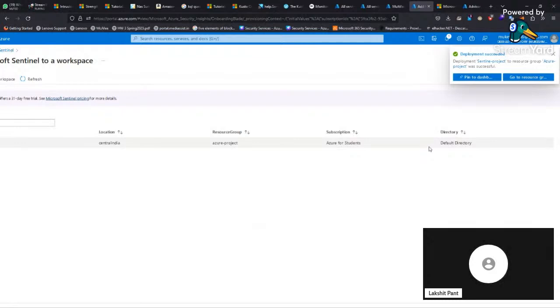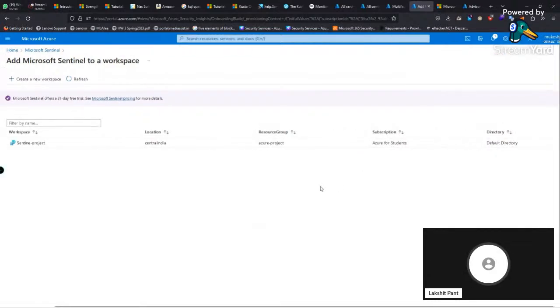There is one question: can we perform this in a sandbox? Yeah, you can, but not all the features are available in the sandbox. It gives a specific analysis part, so you can do it from a learning perspective.